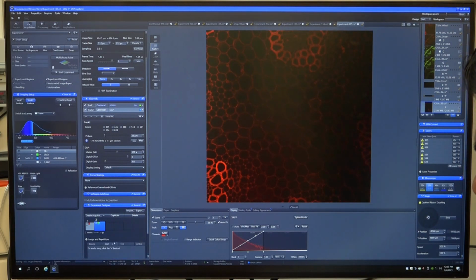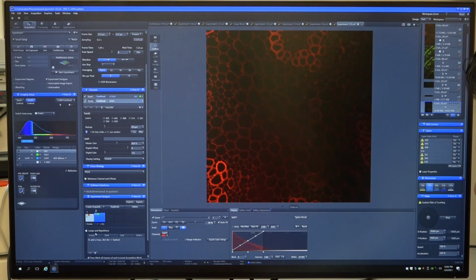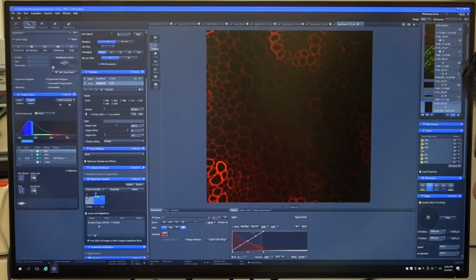In between, if I want to give a loop, I can say from 1 and 2 I want to give a loop, I can add a loop from here. So you can see the loop, how many loops I want to give, I can give the number, start and end. So start with 1, end with 2, and this can be active. So once this is ready, I can start the experiment, and then based on the sequences which I selected, it will automatically give